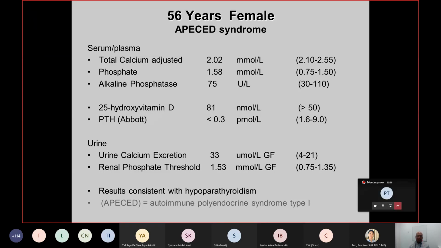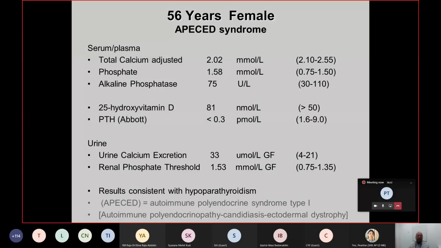APFCB is an autoimmune polyendocrine syndrome which causes hypoparathyroidism. It can also cause Addison's disease, Addison's type of disease, but in this case, this is hyperparathyroidism. APFCB stands for autoimmune polyendocrinopathy, candidiasis, ectodermal dystrophy. So they always have candidiasis, especially around the mouth area. So this is hyperparathyroidism,